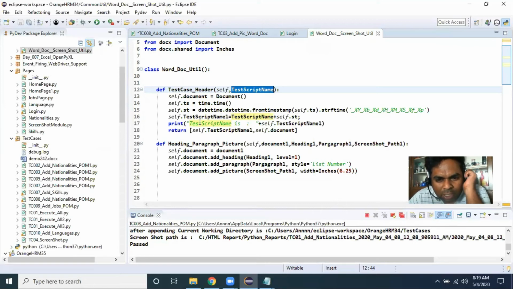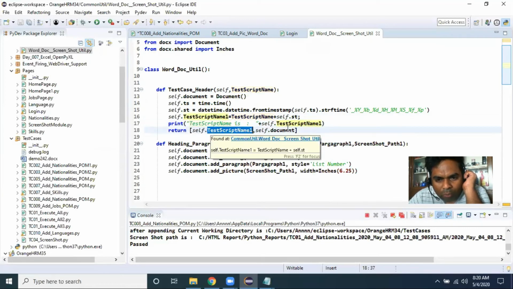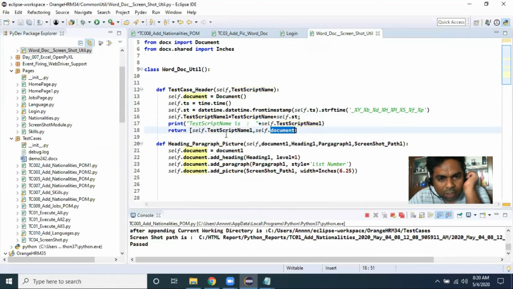One second, date and timestamp and everything is capturing. Okay, test script name, comma, timestamp. The test script name is, and the test script name, comma, document, self, comma, document. Okay, understood. So from this point,